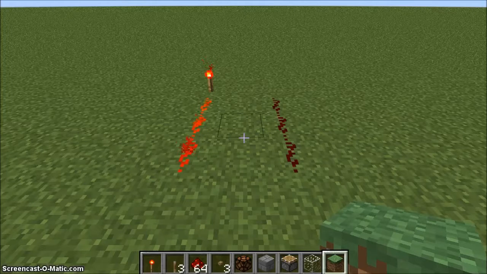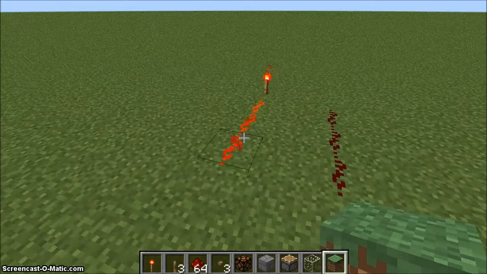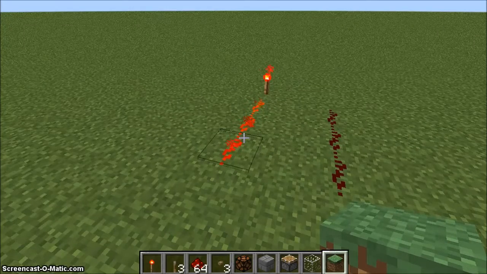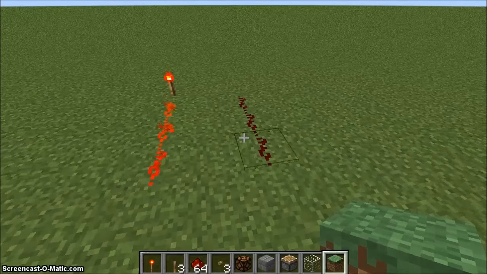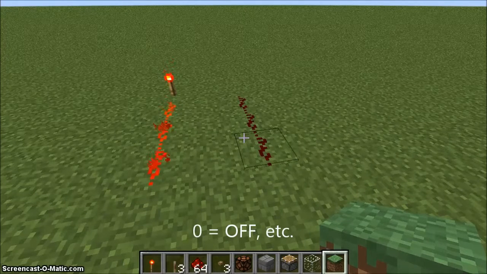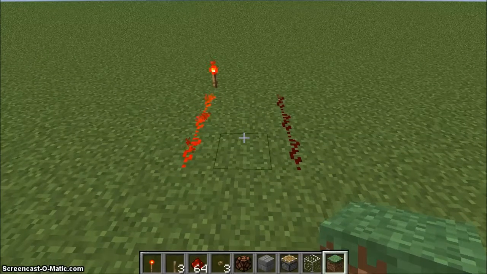Now, as we discussed in the last video, Minecraft Redstone has two states. It has a powered state and an unpowered state. The powered state on the left can also be represented with a binary 1 or with the states true or high or on. The state on the right can be represented with a binary 0 or the states false or low or off. Now, believe it or not, this may seem kind of insignificant or simple, but this is actually